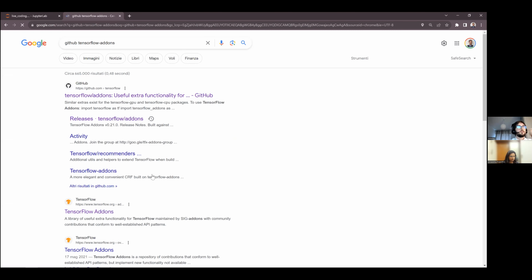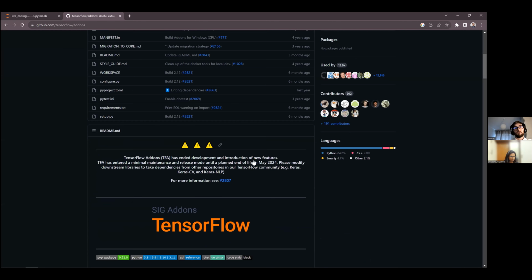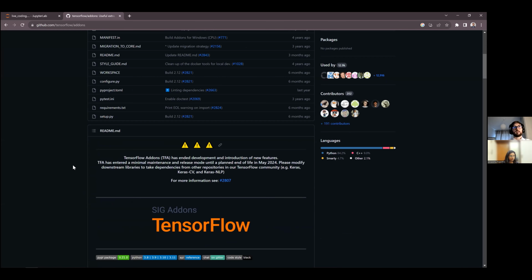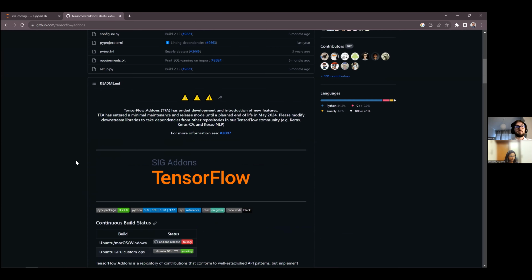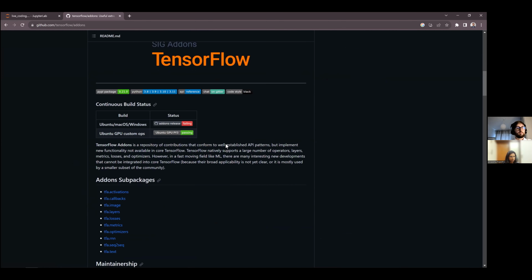Here you can go and look for the compatibility. As you can see, it will be deprecated since May 2024. There will be no support after that period, for some reason, Google killing some other library. But for the moment we can use it, and maybe we'll try to implement our own version of the triplet loss if we have time.